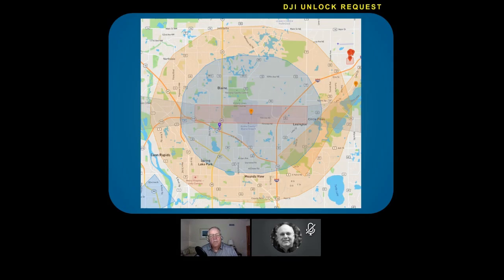In terms of a DJI unlock request, this is actually a recent flight that we did. This was at the Anoka County Airport, and you can see the veil around there. It is a class airport, so we needed to file a certificate of authorization to fly that. And what they're also doing now is you'll see the corridors for runway 27 and 9, and they also have some for 18 and 36, where they're actually showing us drone pilots the departure, landing and takeoff areas for the airport